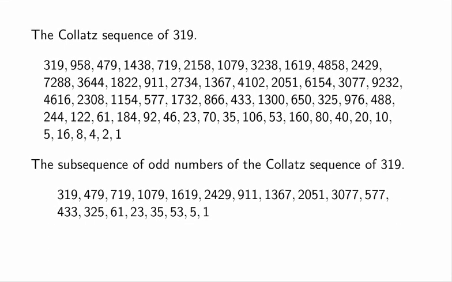Now, to prove that the Collatz conjecture is false, we only care about the odd numbers in the Collatz sequence. So this is a Collatz sequence of 319. And we are going to only choose all the odd numbers, and we look at the subsequence of odd numbers of the Collatz sequence of 319. So this is what we're going to use to prove that the conjecture is false, and we'll do that in